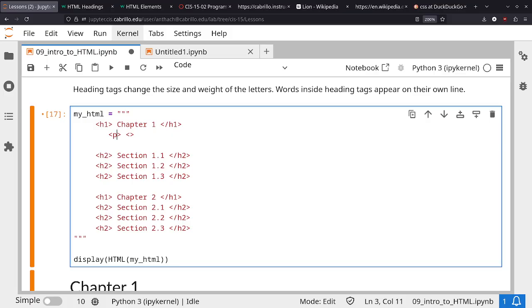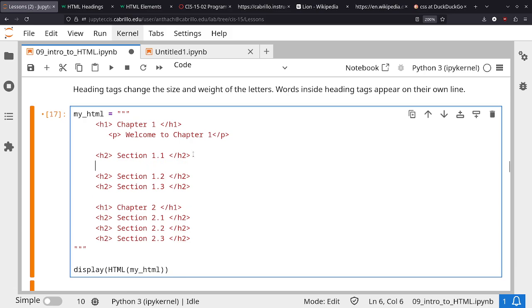There's a P tag. This represents a paragraph. So I'll say, welcome to chapter 1. Okay, so that's just a paragraph there. And then inside of section 1.2, maybe there's another paragraph